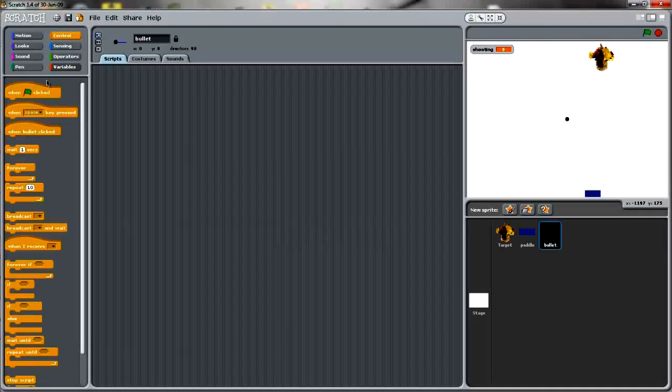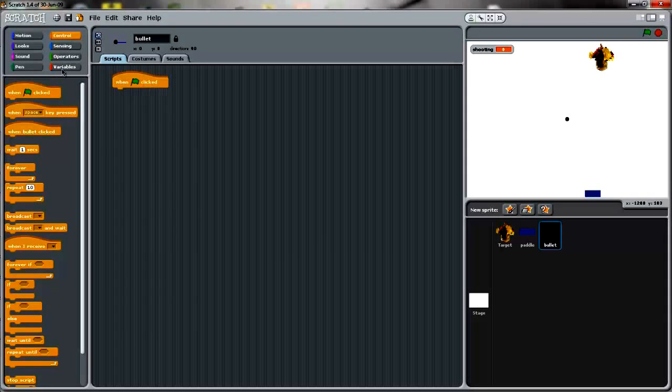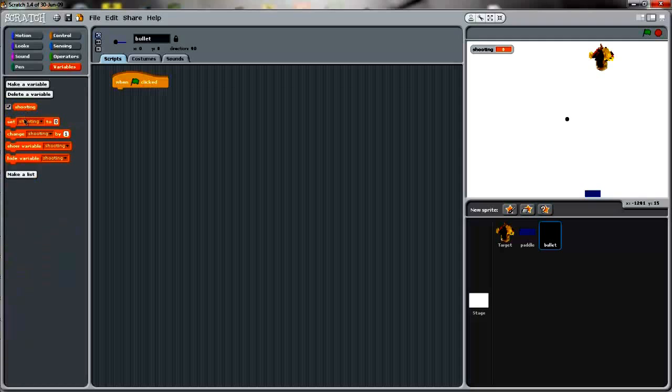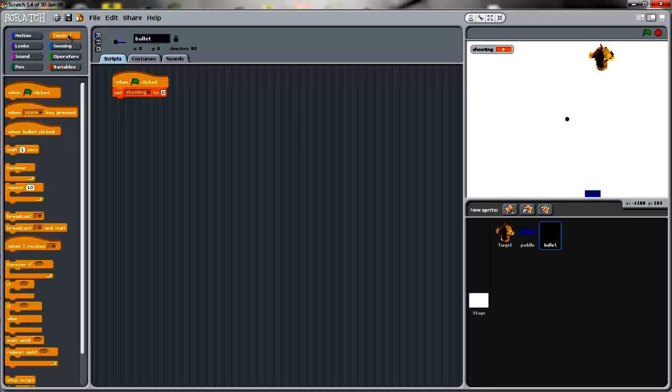Now when the green flag is clicked, I want the shooting variable to be off. So I'm going to set shooting to 0. If the person is not shooting, I want the bullet to be invisible and hidden behind the pedal. So from the control section, I'm using a forever loop. Actually, I'll use a forever if loop, because I want this loop to work only if the bullet is not being shot. So forever if